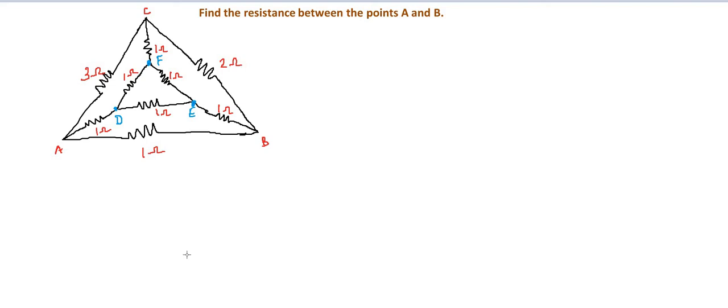Today we are going to discuss a problem on star delta transformation. Here a circuit is given. The question is to find out the resistance between the points A and B. You can see